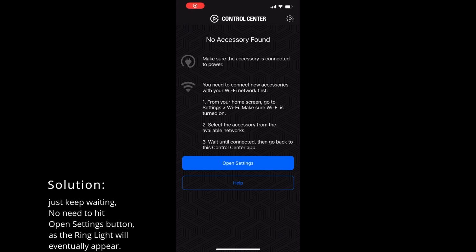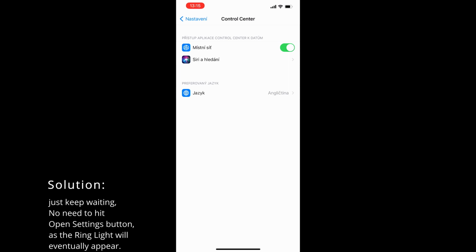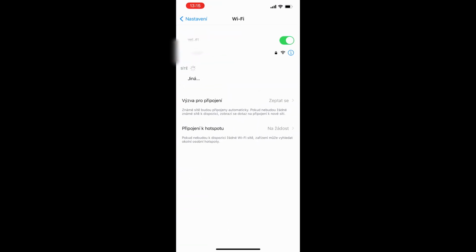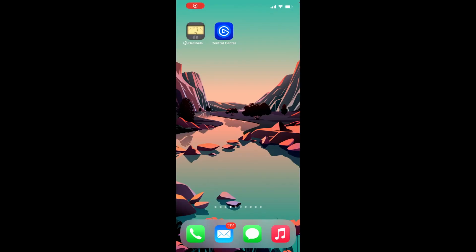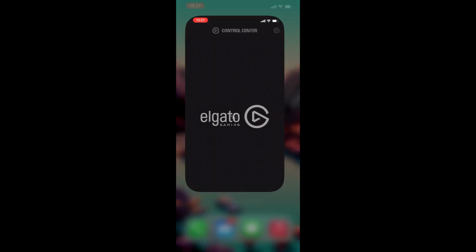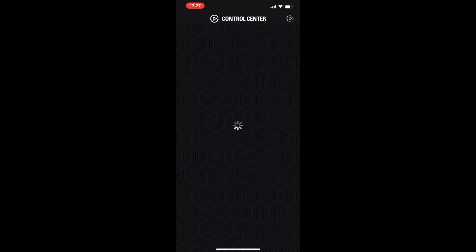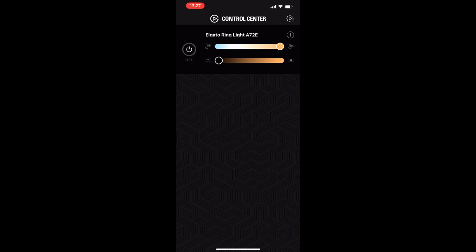Now when you reopen, it can happen that the application can't find the Wi-Fi network, and if you go against the procedure, it will even not find the device itself. But whenever you kill the application and reopen it from a complete startup, it can also happen that it immediately crashes, but whenever you reopen it again, it will eventually load. So these were the two issues which I have faced, and whenever it's loaded, it works perfectly.